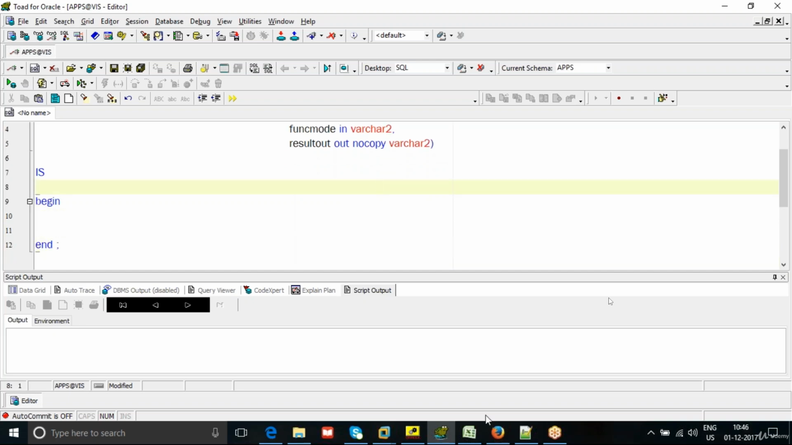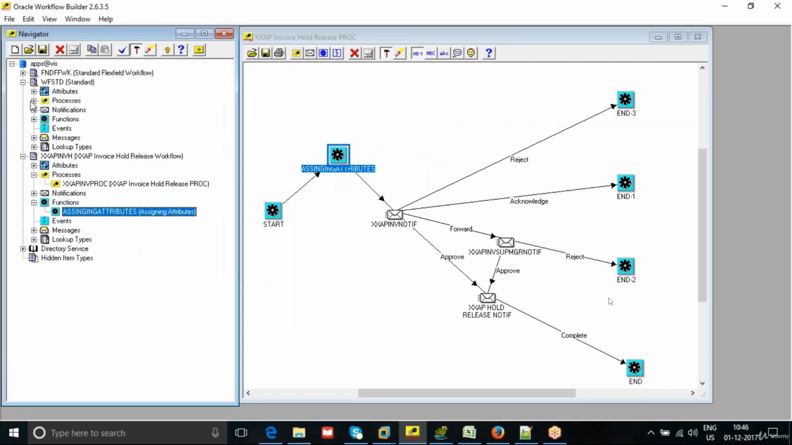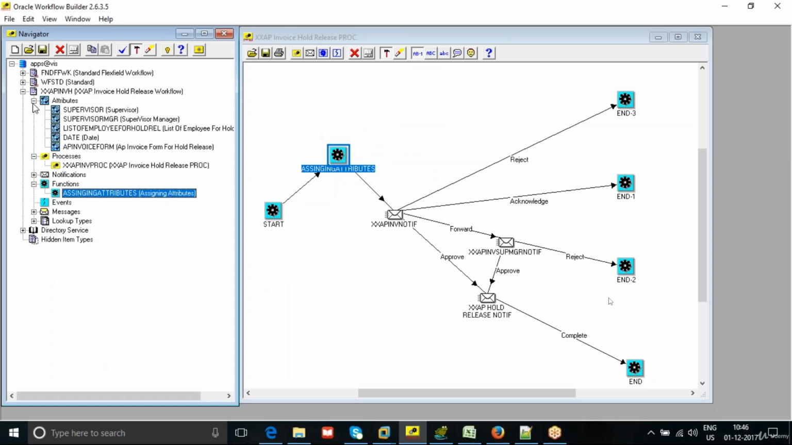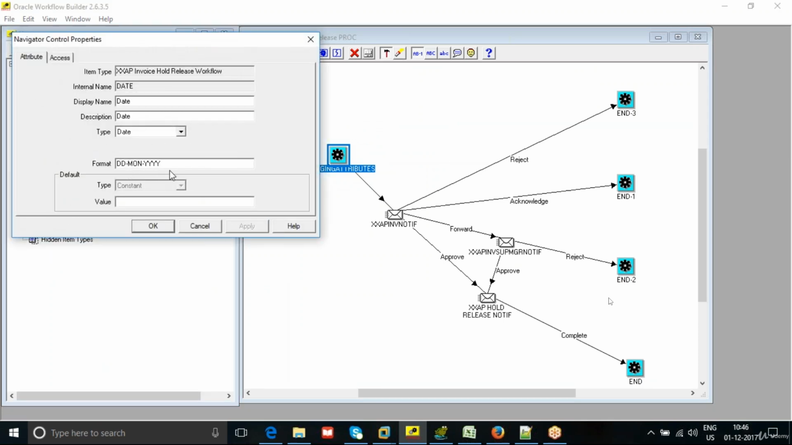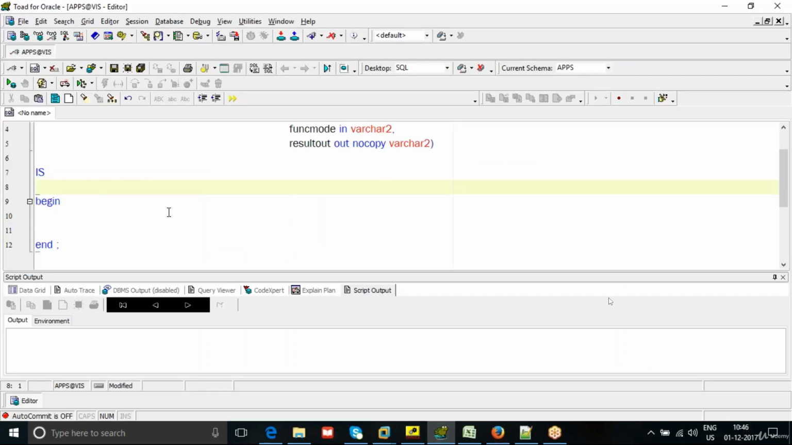Now, what is the purpose of this particular function? You want to assign a value to whom, which attribute you want to assign. This is an attribute. To this attribute, I want to assign a sysdate, today's date. That's it. How can I do it? First, I want to set. There is an API called WF engine. There is a procedure called,